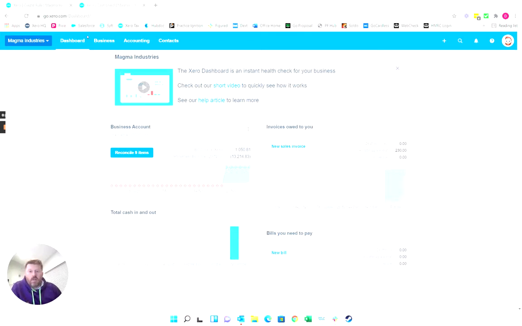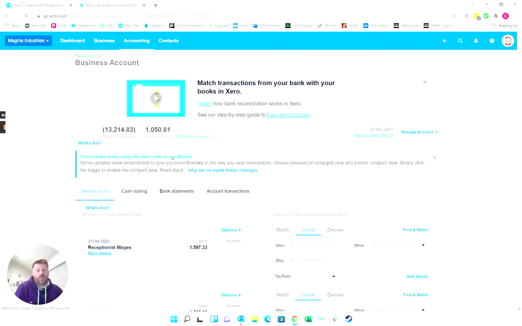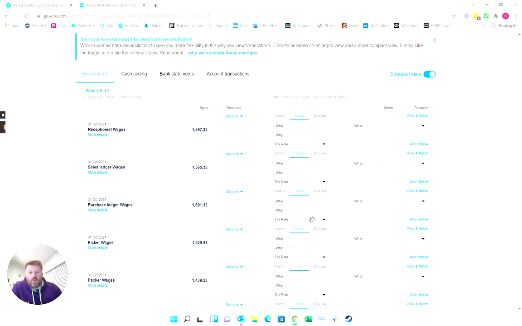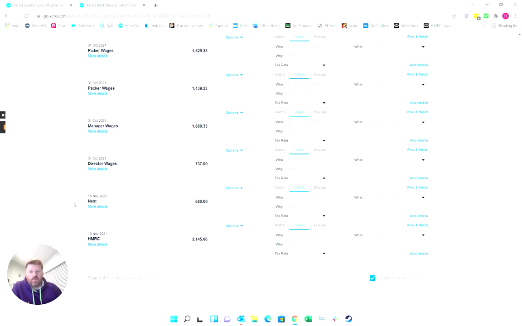So from here in our dashboard for Magma Industries, we have a series of items that need reconciling. You can see they've had their wages posted and their Nest pension and HMRC payment for PAYE. I would recommend here creating a bank rule for the Nest pension payments, and the reason being is it's a regular payment. It will have the same description going forwards, and it will make life a lot easier when it comes to